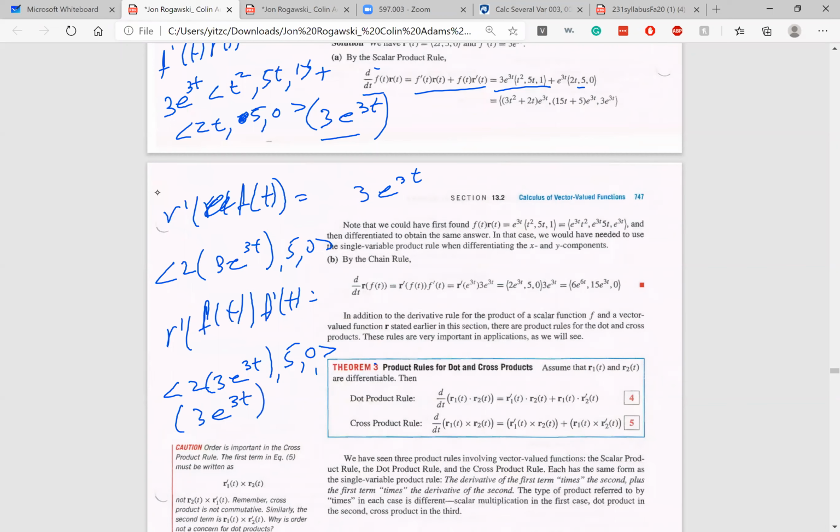Any questions about this? Can you go over the last one again? The r prime of f of t. Yeah. Okay, one second. Oh, sorry, the f of t does not have a 3 here. No, that does have a 3 there. Yeah, so